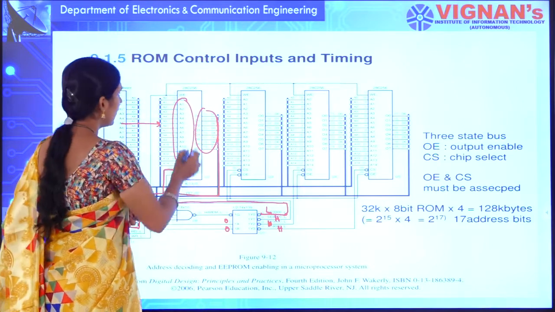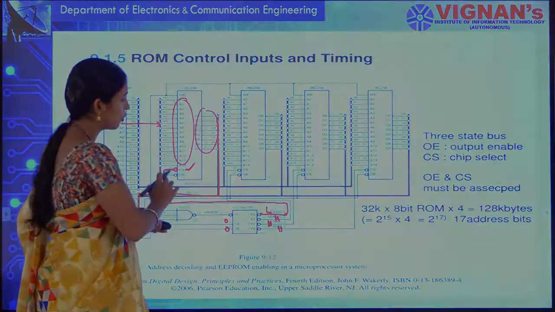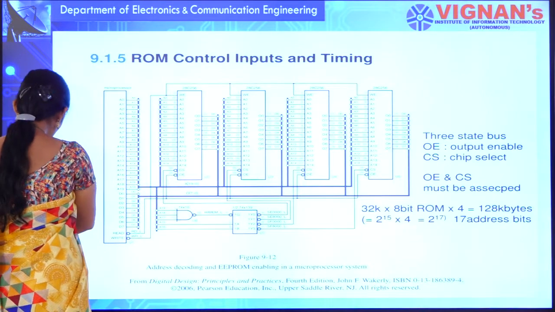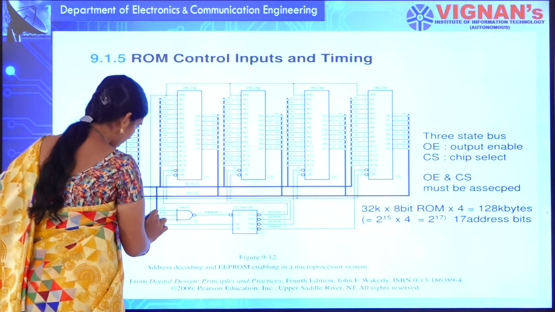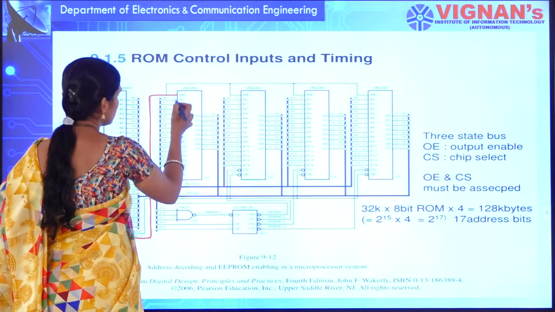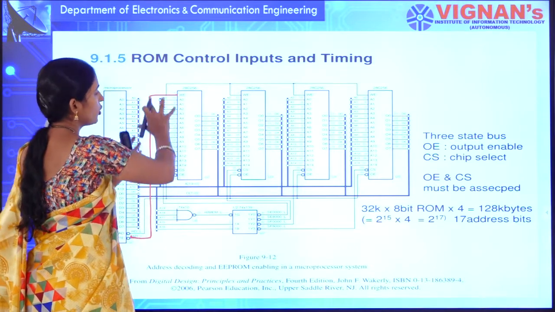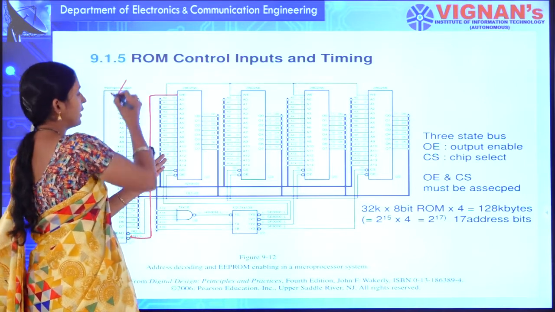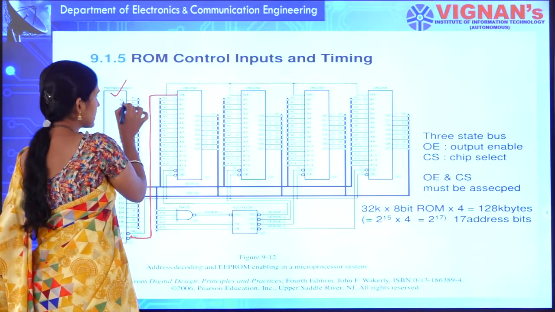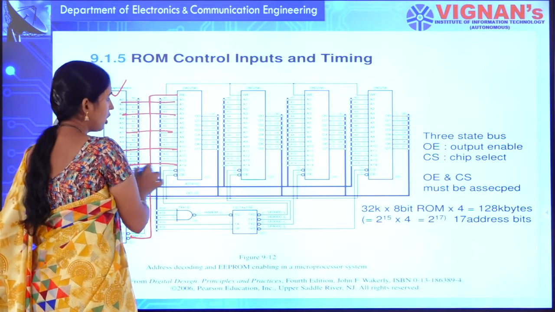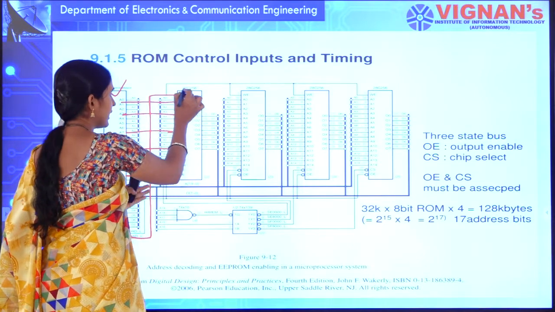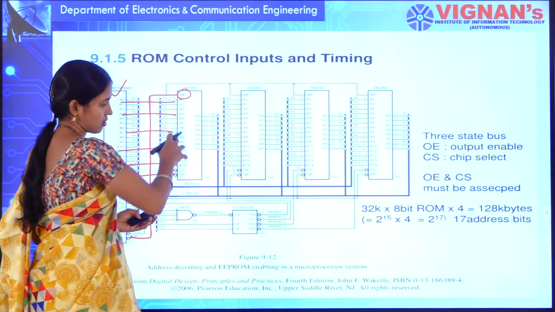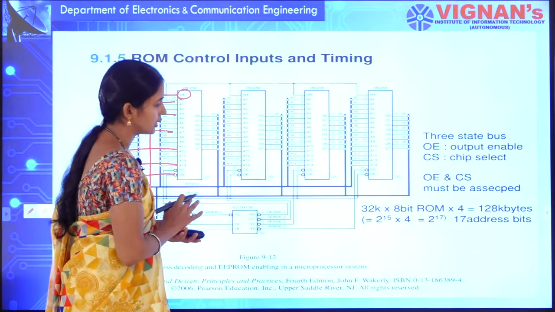If you want to write data into this particular chip, see here, the write enable pin will be asserted. When write enable is asserted, you are writing the data into this particular address location. The address location will be provided by the microprocessor. Those 15 address lines will be provided by the microprocessor. Okay. At that address, whatever data you want to write, you can write into that particular address. Okay. In this way it is going to work, alright.